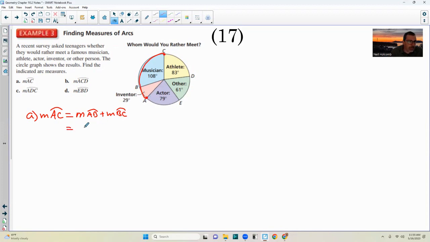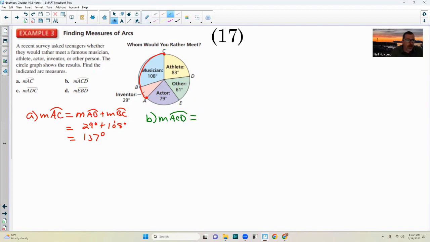Substitute my givens. AB is 29 degrees because the arc length is equal to the central angle, and that's what they're giving us here. So an inventor plus a musician is the arc AC. So 9 and 8 is 17, carry the 1, 2 plus 1 is 3, and 137 degrees is A. Okay, B, the measure of major arc ACD